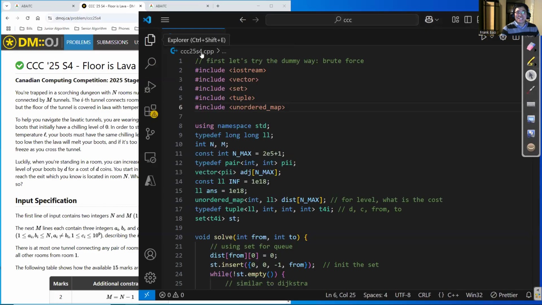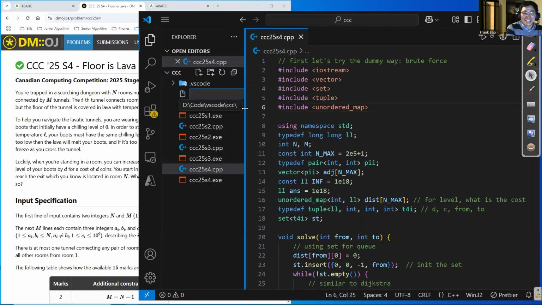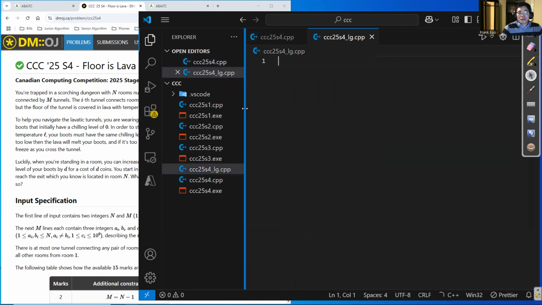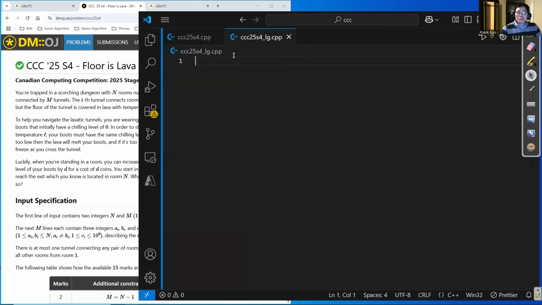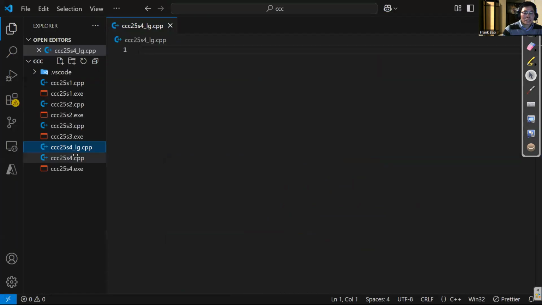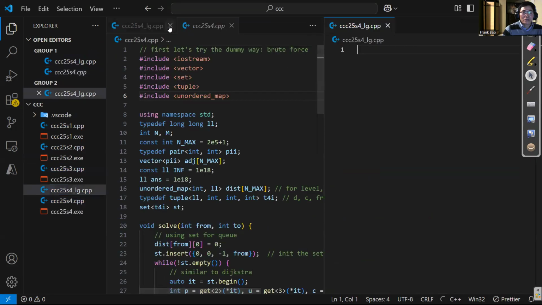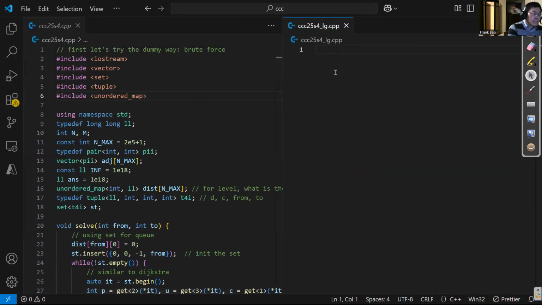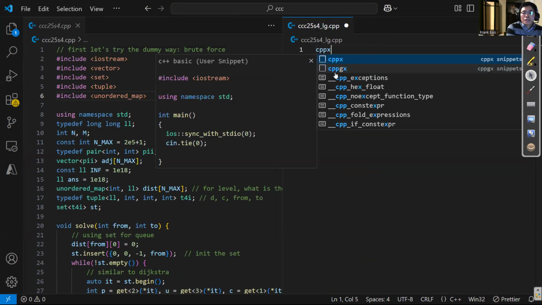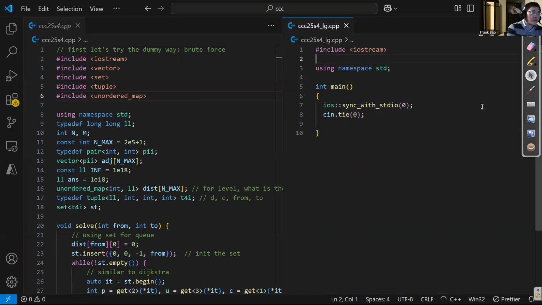So let's do it. So now I'm going to use CCC 25 S4. This is called layered graph. Okay. So layered. So then that's just the implemented code. Actually, you know what? I'm going to split. So open this. I'm going to make use of this. So split to the right. Okay. So then CPP X, I'm still using X, okay? And remember, we are going to have